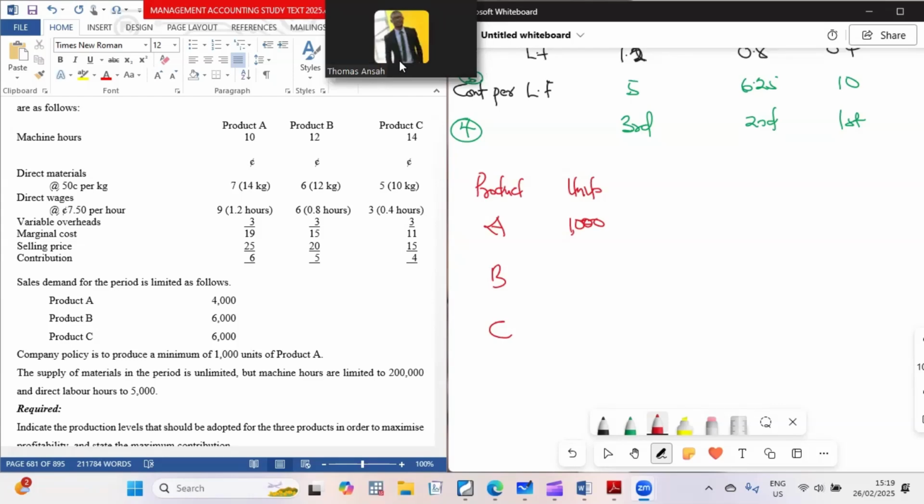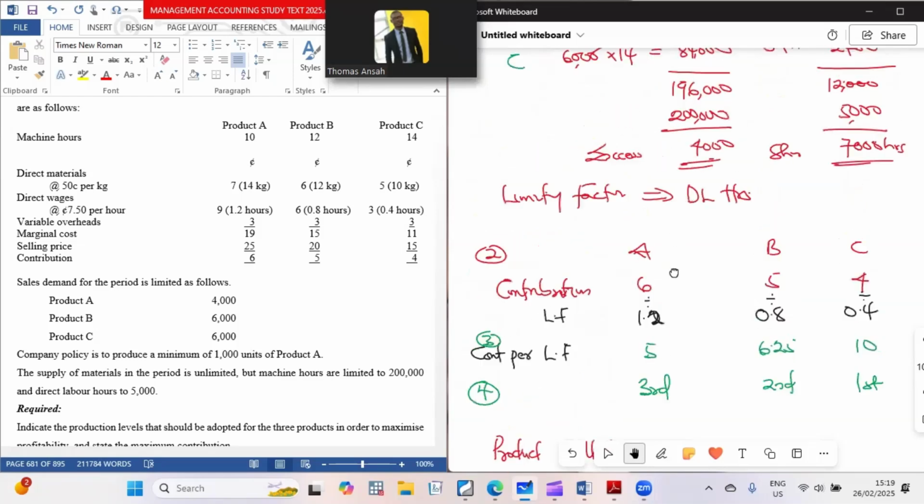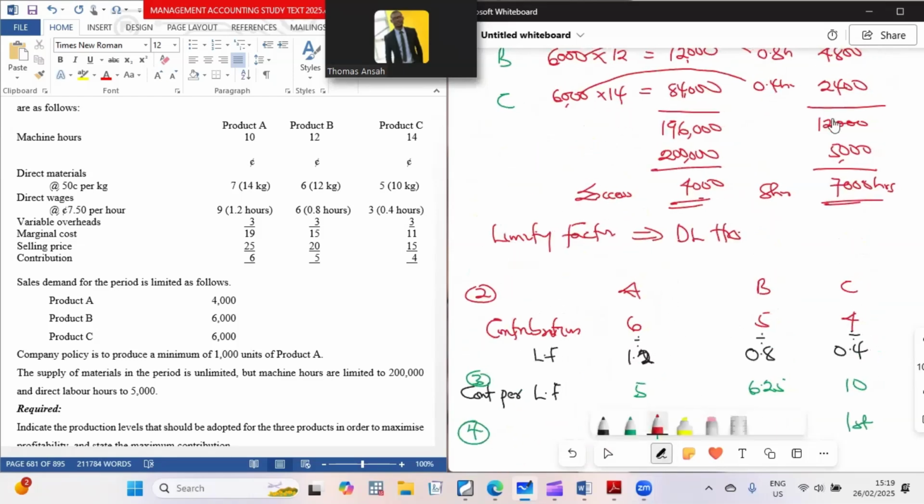We know that we need to also produce that of C first. So those are the analysis you need to draw. But, you know, there is a limit, okay? We can't produce everything. Now, we know that to produce everything, how many hours will we need? To produce everything, we will need 12,000 hours